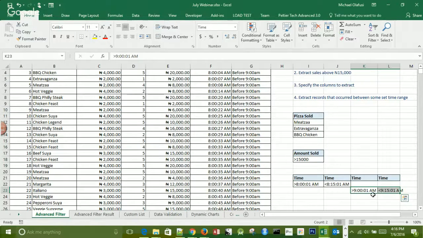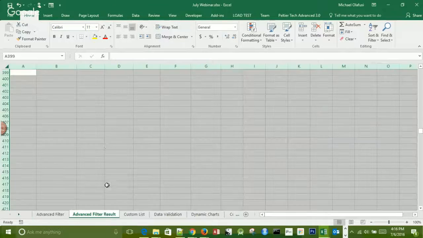So that's why I'm not putting them on the same line, because putting them on the same line is doing an AND condition. So it must be this and that. But what I want is an OR condition. So it's either between this range or this range. Okay, so again, I'm going to